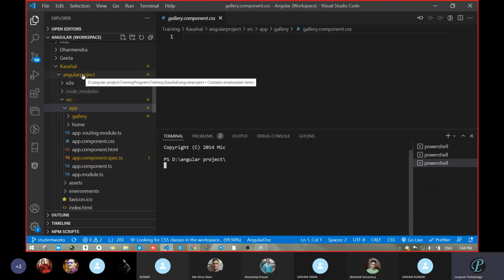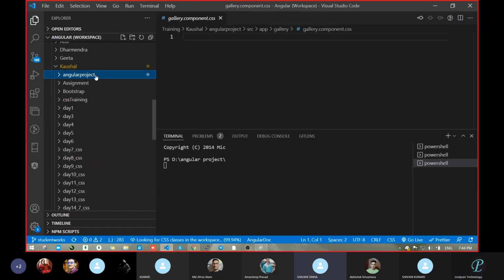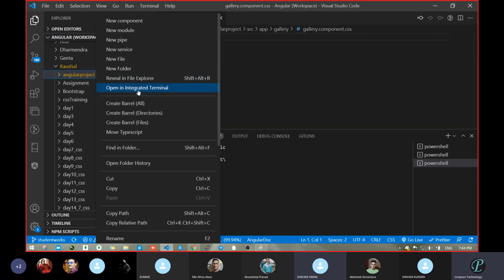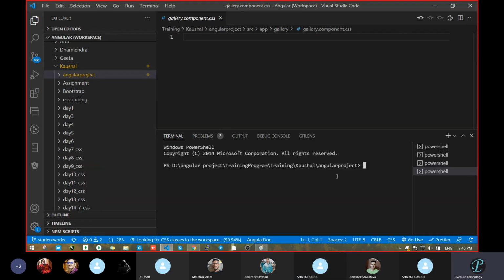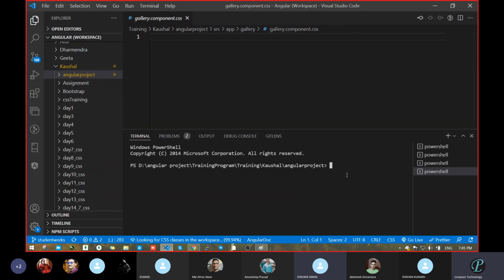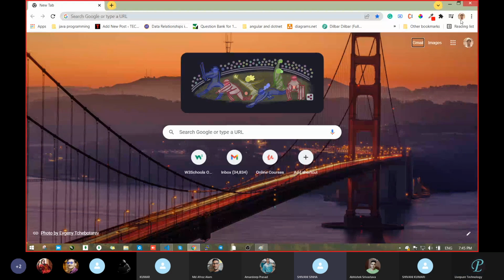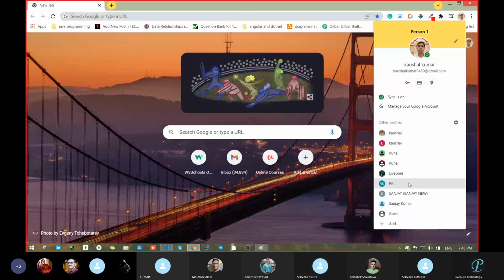So how to create the module? Means component. How to open the terminal? First right click on the Angular project, click open in integrated terminal. Clear? Inside that we have to write one command. What was the command for the component? ng space g